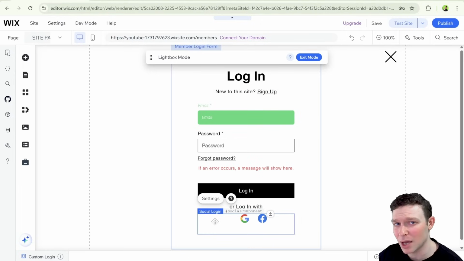So you don't have the option to do social logins with social sign up, but you do have the option to do social login. So that's an important thing to note. That might influence your decisions on whether you're going with default or custom in the sign up and login. Now that we understand a little bit about these different forms and how to build them, let's go ahead and